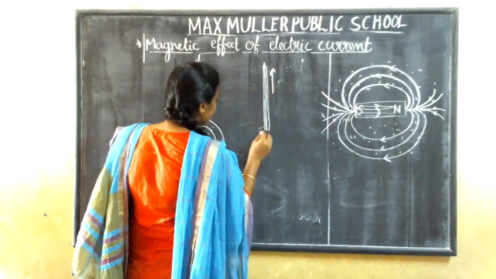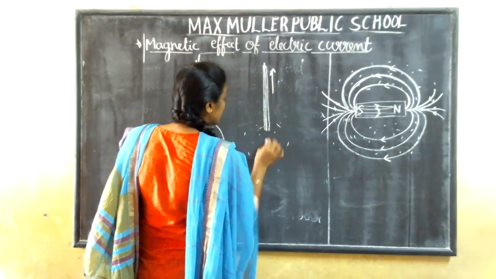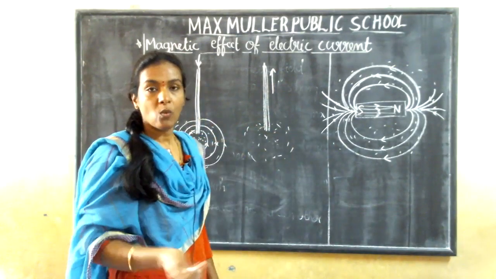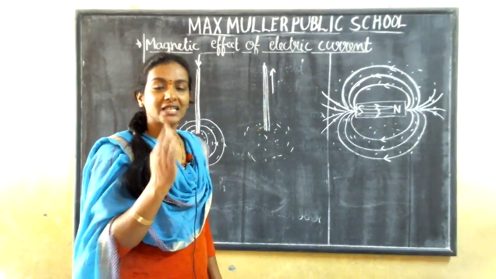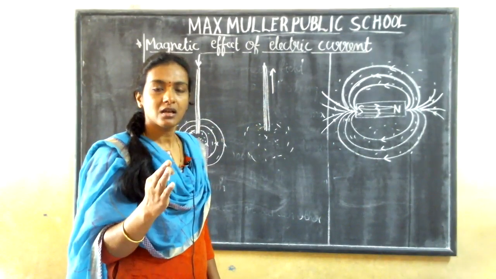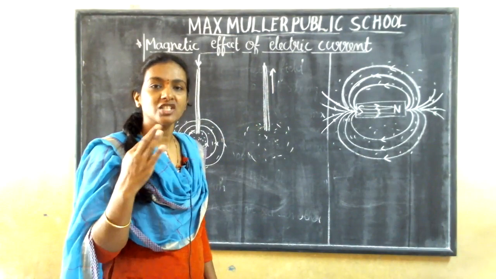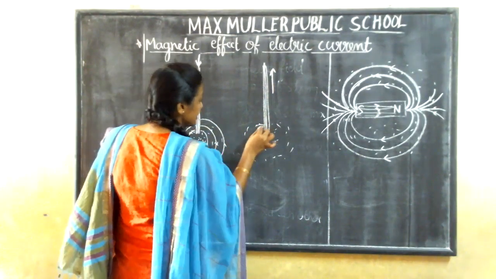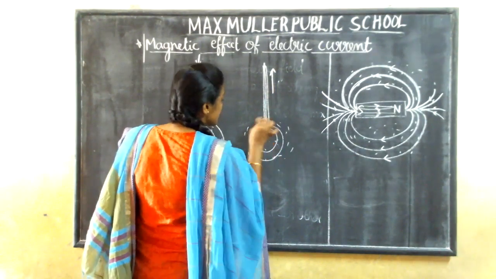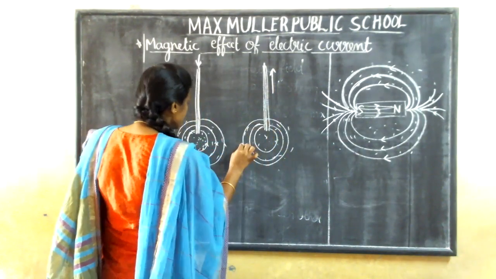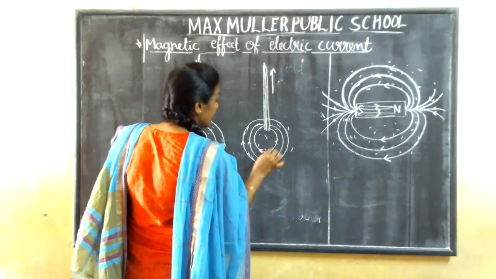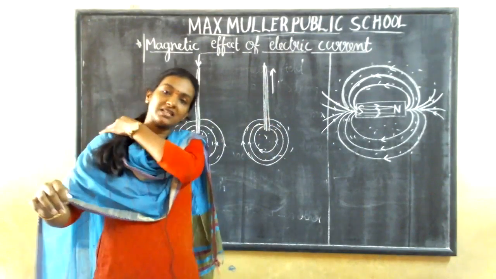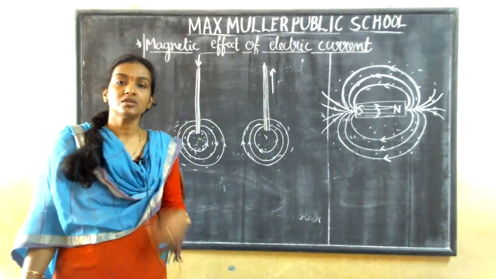At this time, what happens, guys? Again, I put some iron powder surrounding this wire. What I told you initially: when the current direction changes, the magnetic field direction also changes. Think that it is flowing like this, and again they arrange themselves in a circular way, but the direction is changed. The direction of the magnetic field lines is changed. What does it show exactly then?